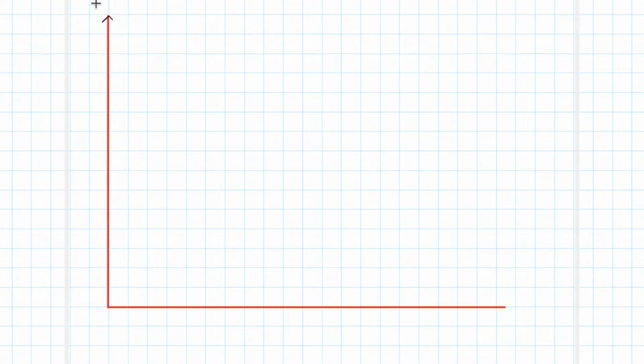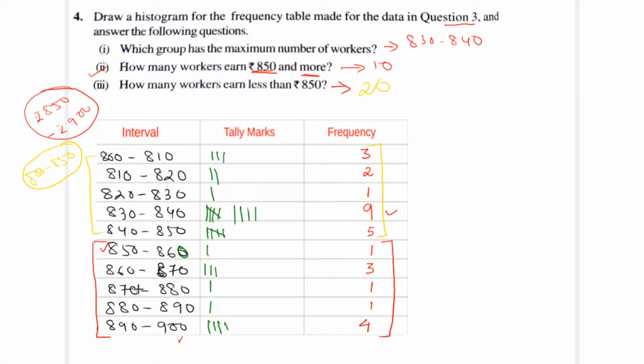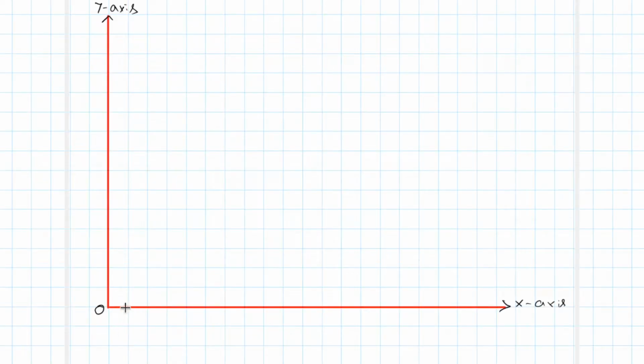Say this is the y-axis, this is our x-axis, and the point of intersection is 0. Now along the x-axis we will represent intervals. The interval starts from 800 and ends at 900. So we will mark it like this: 800,